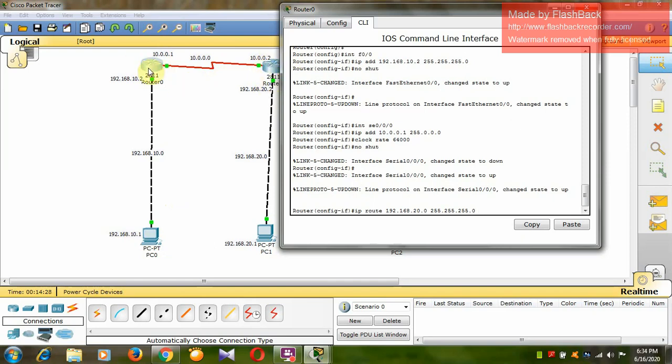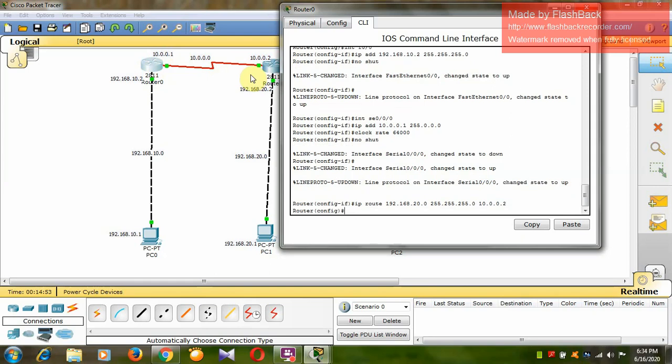So whenever I am working with this router 0, my next hop address will be the address of the next router. That means here for this router, the address of the next router will be 10.0.0.2. So I will write here 10.0.0.2. Okay.